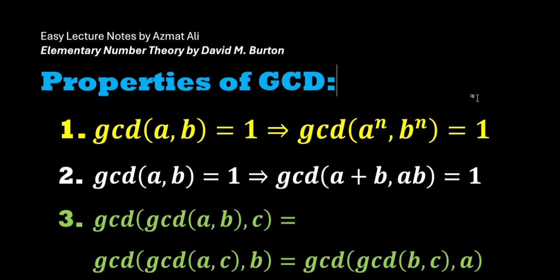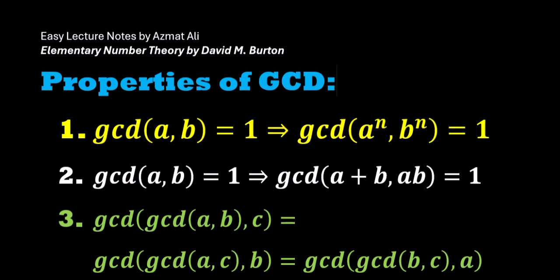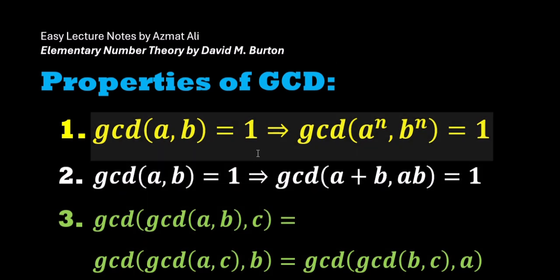Our discussion continues on properties of GCD. In today's lecture, I will discuss some very nice properties of GCD. Actually, these are the important questions available in the book of David and Burton in problems 2.4. But I am going to categorize all of these questions which are related to GCD as the properties of GCD. So the first and very important nice property says